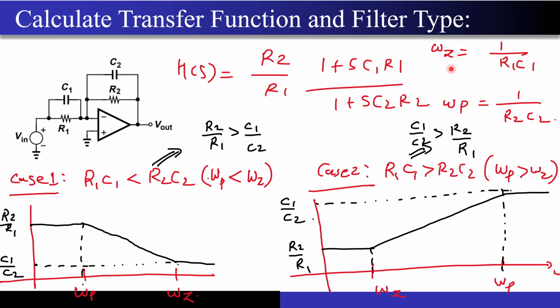Correct? So now what is the gain that you have seen at the DC? It is nothing but R2 by R1. So that will be flat till the zero. After that, it will start to increase with plus 20 dB per decade. Once you hit the pole, it will get flattened out. And at higher frequency, what is my gain? It is nothing but C1 by C2. Correct? I hope this particular thing is clear. So what will be the response? The response now actually depends on the component values. Correct? I hope that part is clear.